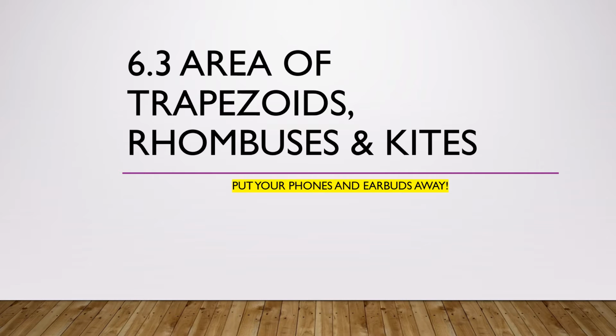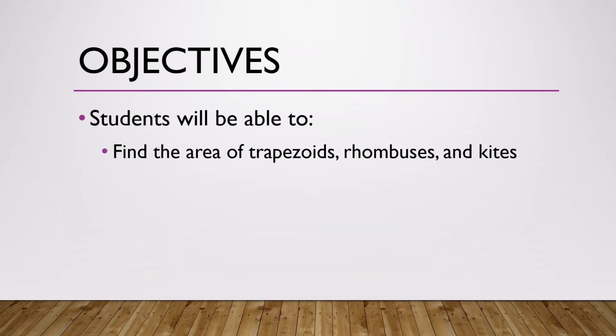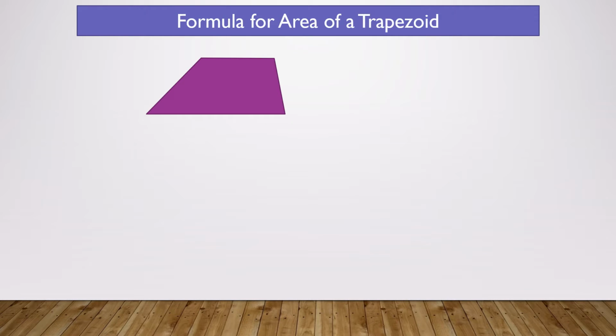We are doing area of trapezoids, rhombuses, and kites today. You guys will be able to find the area of these three different shapes. So the formula for the area of a trapezoid,